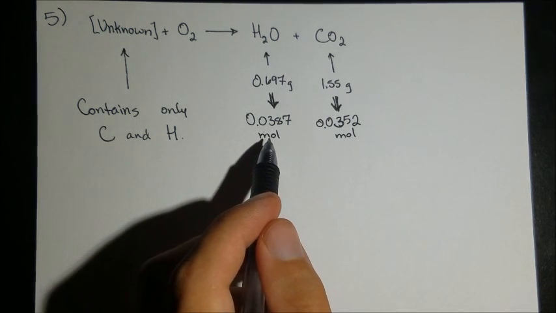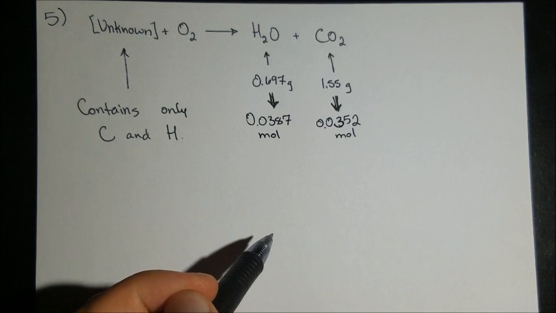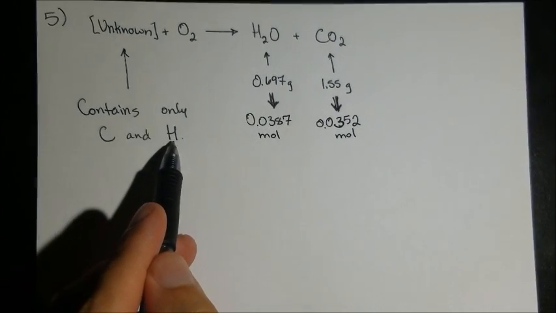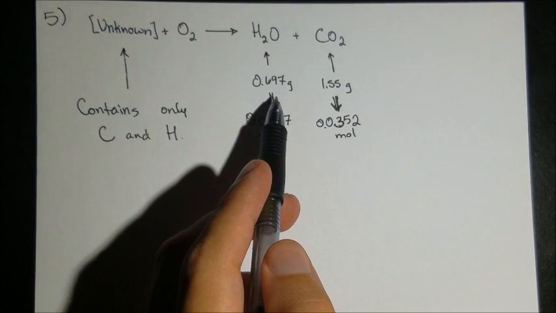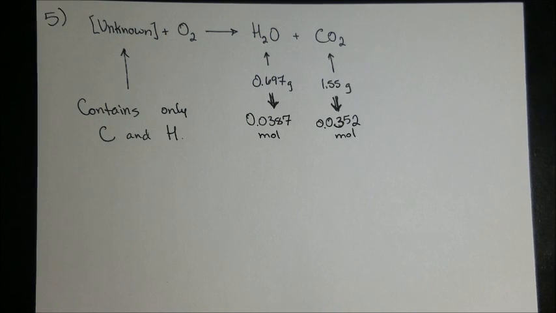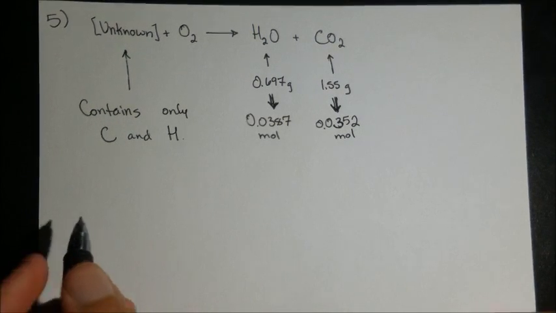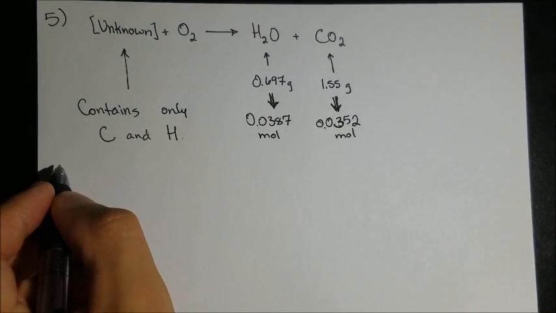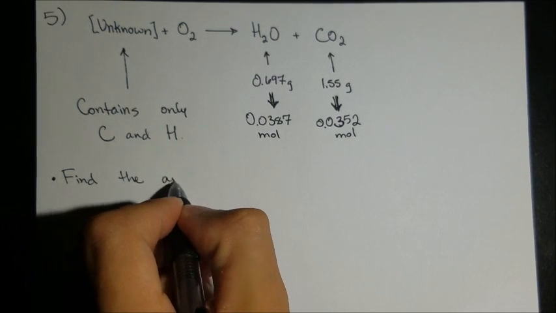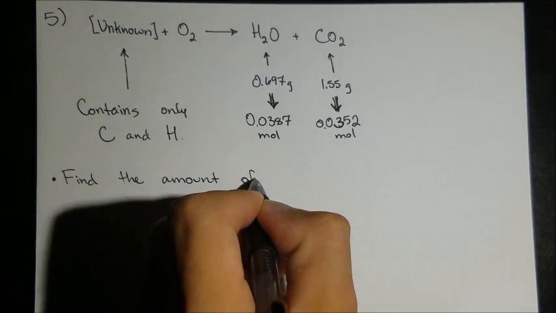I went ahead and converted these into moles, just using the molar masses of the molecules. And from here we can determine the amounts of carbon and hydrogen that are produced in this reaction, and relate those back to the composition of the unknown molecule. So how are we going to go about doing that? Well, the first thing I would do is start out looking at the carbon. So let's find the amount of carbon